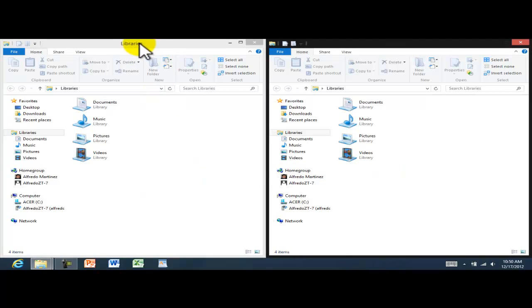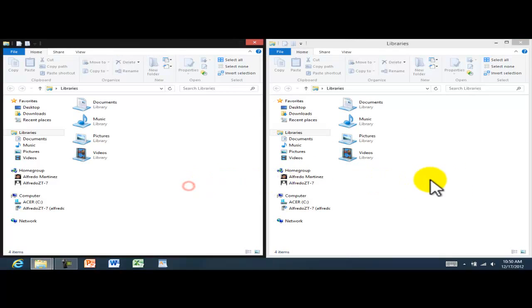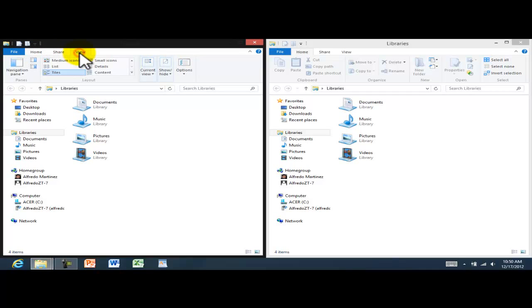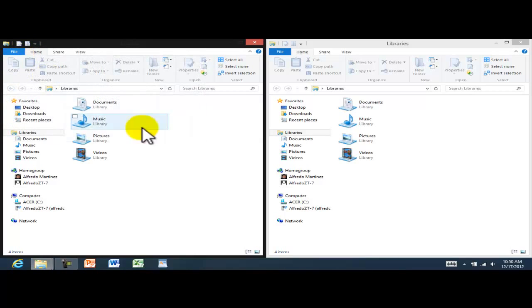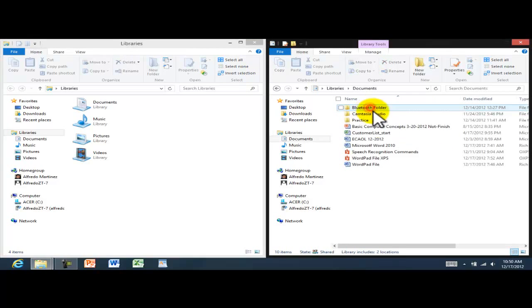Every time that you open the File Explorer, right on top it's going to say Libraries. There you go, so it's Windows 7 style. Now we have the Home tab, Share, View. Every time that we click into one of these tabs, different options are going to open. On the one on the left hand side, I'm going to stay only in the libraries. On the right hand side, I'm going to